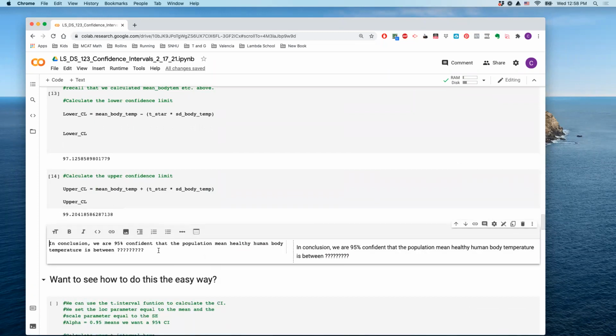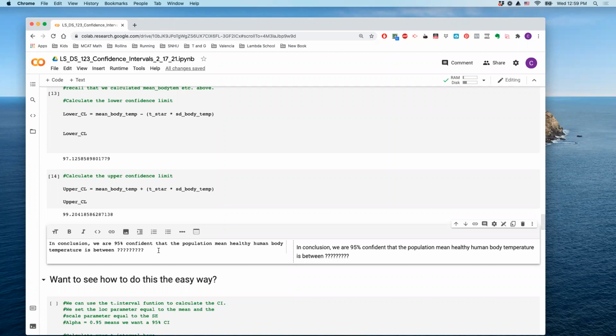So in conclusion, confidence intervals have a very prescribed way of explaining what your conclusions are. So we start by saying what level of confidence we're using, because we're going to look at how to do different levels of confidence in just a minute. So we can say we're 95% confident. This has to do with that adding and subtracting about 2, because we expect 95% of samples that we could have drawn to be within about 2 standard errors of the population mean. So we're 95% confident that the population mean healthy human body temperature...